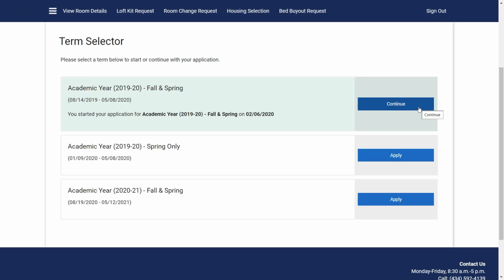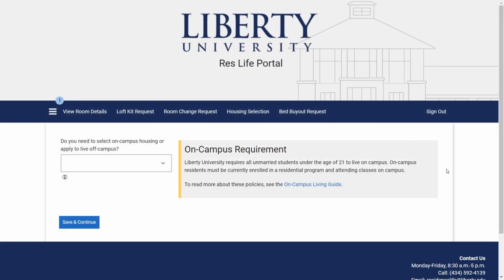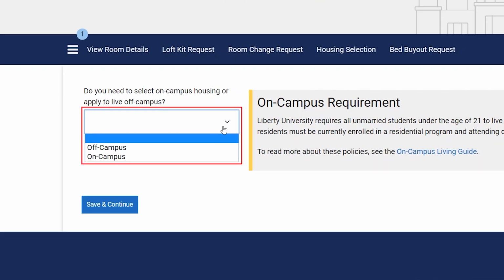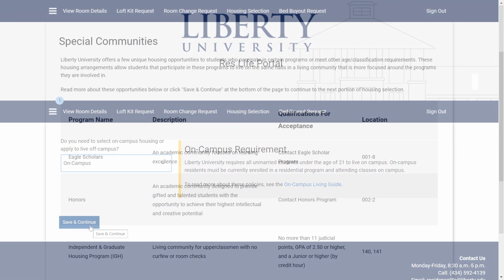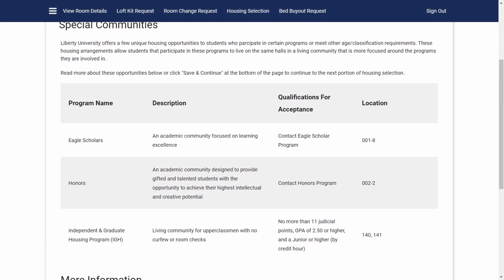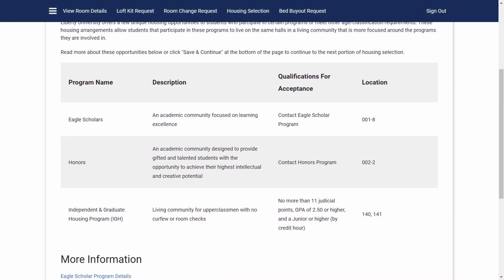Before selecting your housing, new students must complete financial check-in, and returning students must select a housing tier in financial check-in before moving forward. If you wish to live on campus, choose On Campus from the drop-down menu, then select Save and Continue. On the next page, you'll be able to view some of the special communities, such as the